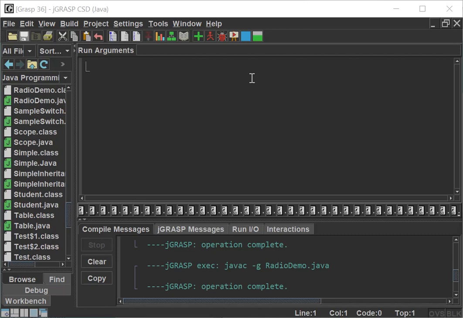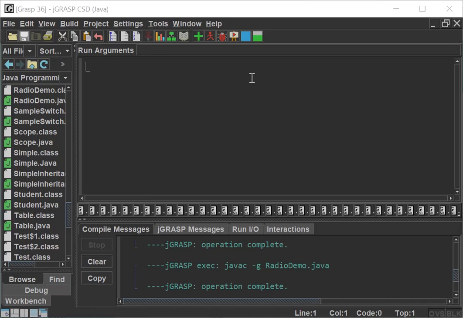So I'm going to utilize the components, perform the event handling, and I may or may not use the layout. For all these things, we have to utilize the classes and methods which are available in the AWT. For that, I'm going to import the AWT package in my program.